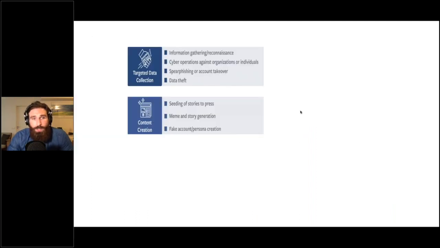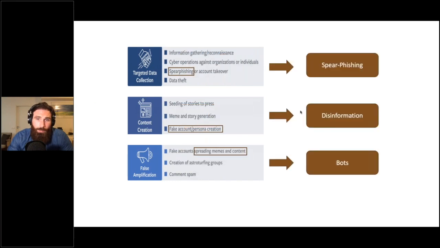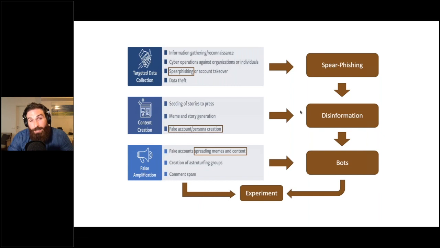So, this is nothing new to this audience, but Facebook released some of the key problems they're seeing with their platforms, and phishing is one of them, and this targeted phishing or spear phishing is one they mentioned. Also disinformation, and also the spreading of fake news, disinformation via bots. And so I wanted to see, can I design an experiment that actually tests how likely people are to actually click on these types of attacks that I just presented to you?